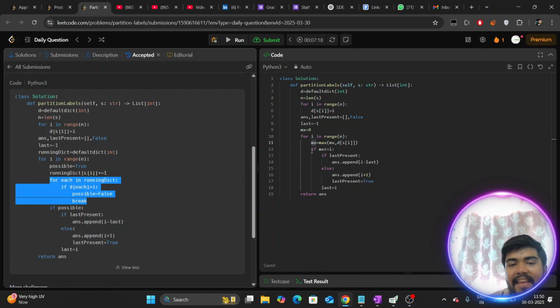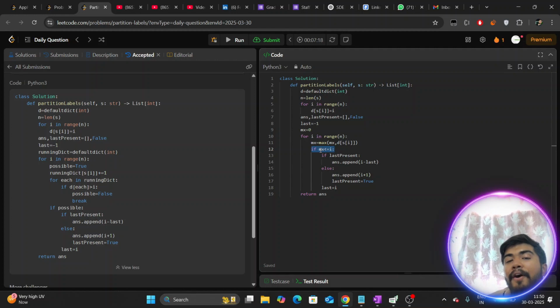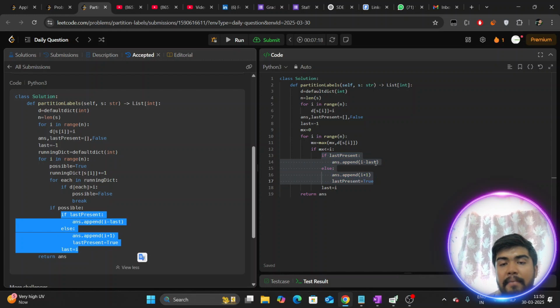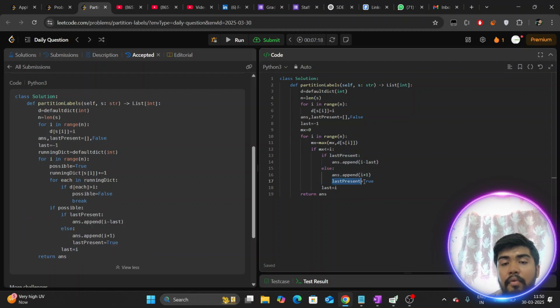No, we can do a straightforward check. If my mx is less than or equal to my i, so all the characters' last occurrence is under my boundary index i. Then if my last present, these things are exactly the same. If last present, then append i minus last, and if not, then append to answer of i. We will append i plus 1, and we will make our last present as true, and finally we are